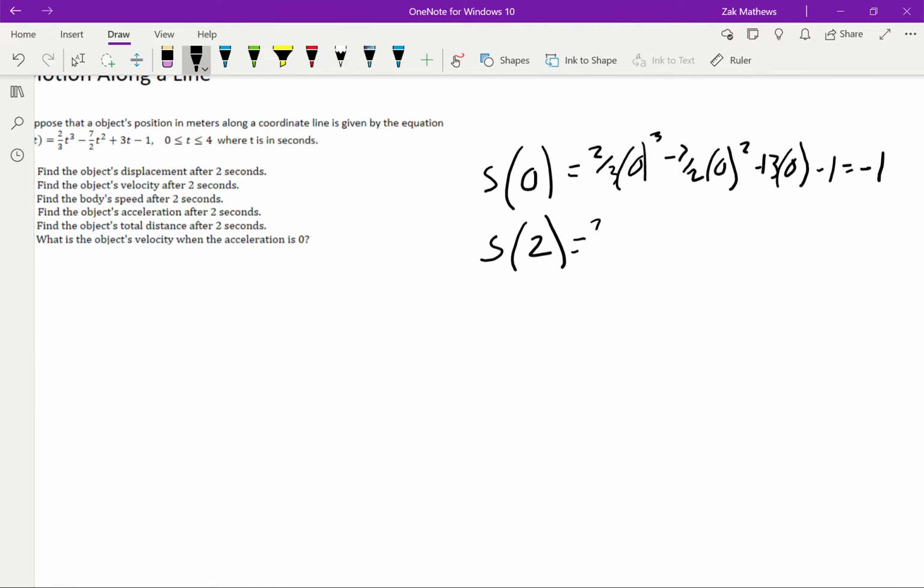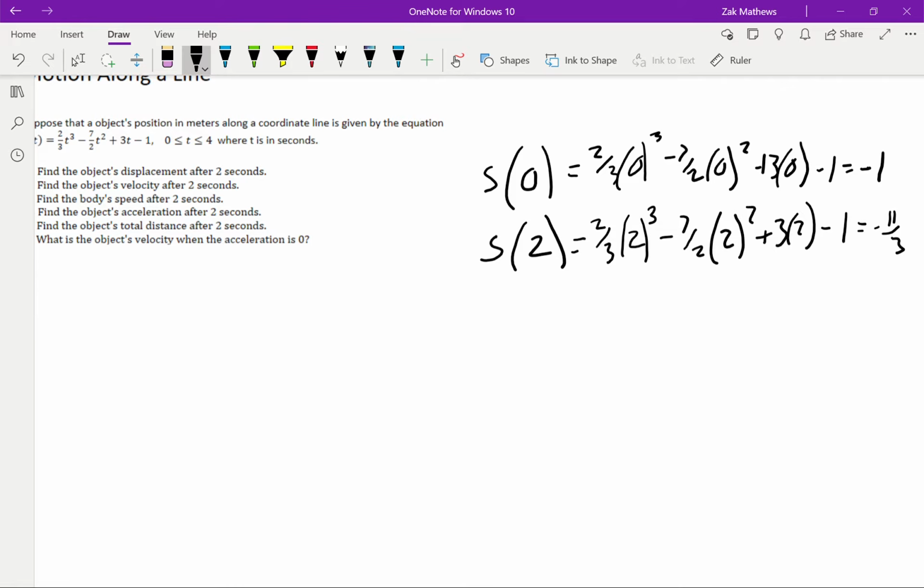So we're going to have (2/3)(2 cubed) minus (7/2)(2 squared) plus 3 times 2 minus 1. I'm going to pull out my calculator just to speed me up a little bit through this process. I have 2/3 times 2 cubed, which is 8, minus 7/2 times 2 squared, which is 4, plus 6 minus 1. If we add up all those and then convert this over to a fraction, we get